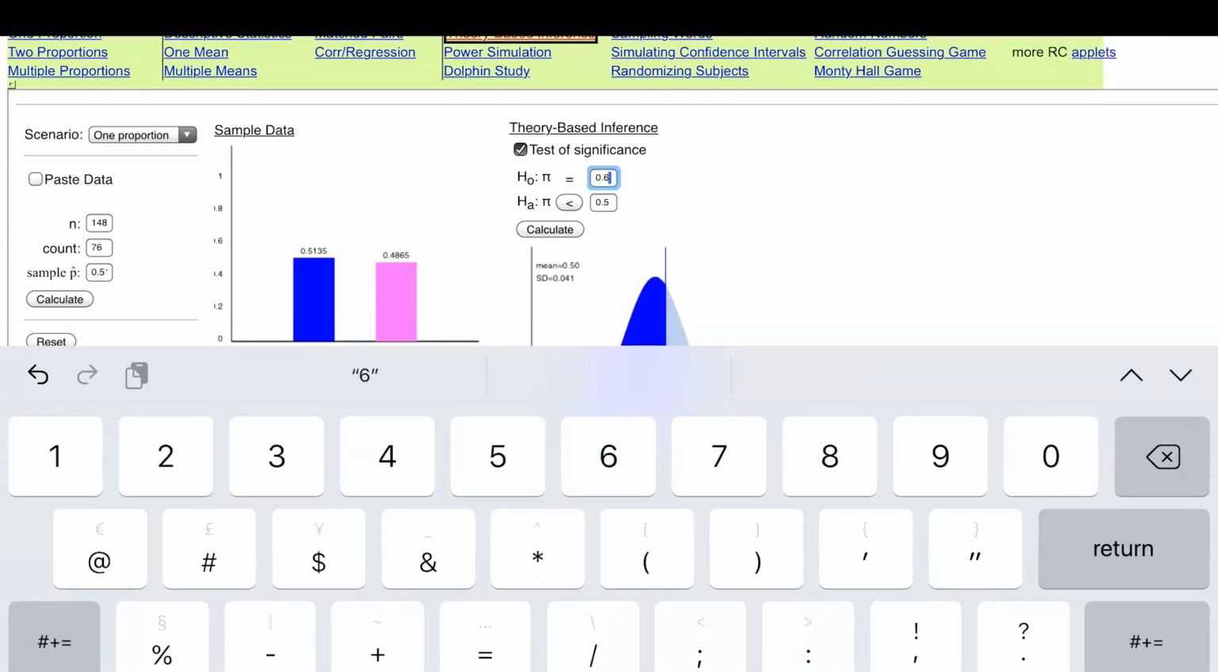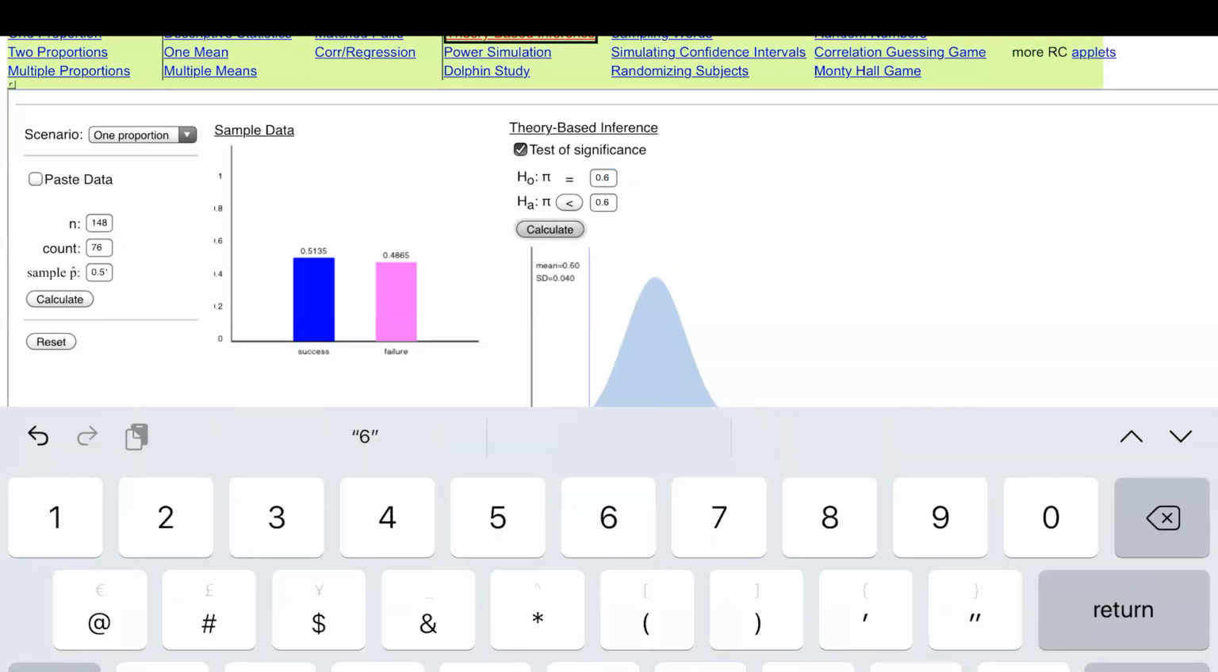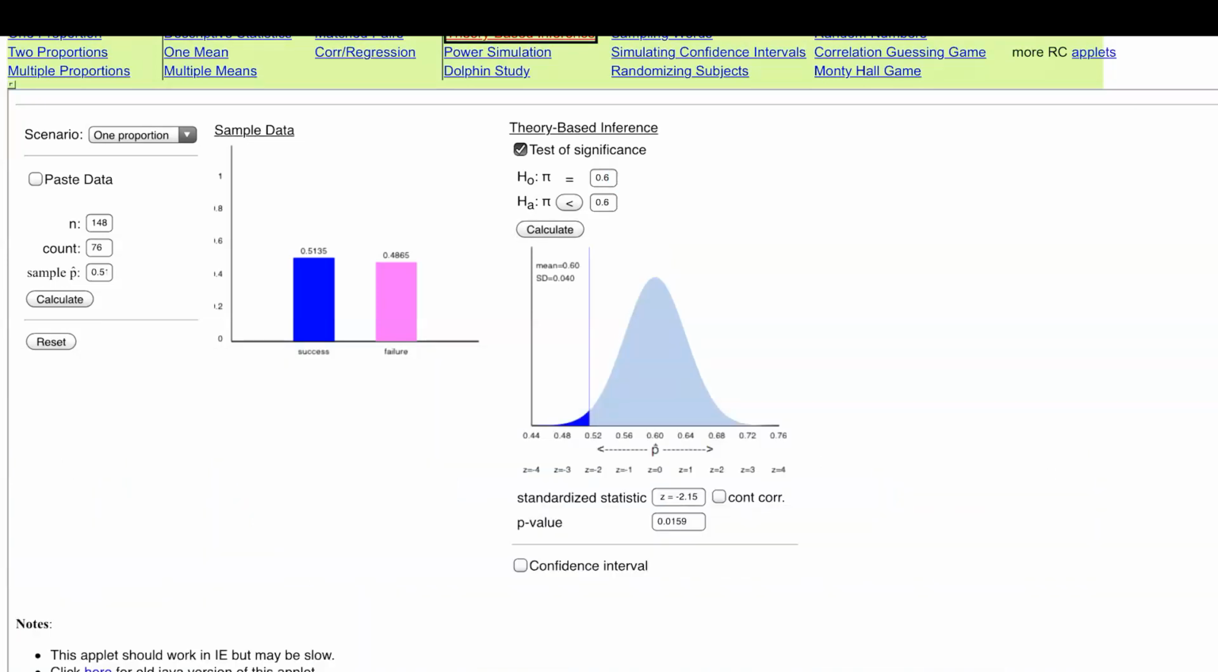We got to go into the H0 and change the value to 0.6. And when you click out of that, the other box automatically gets a 0.6 in it. So the number value in the hypotheses should be the same in H0 and HA. And then we can change the sign in the alternative hypothesis to a not equal to. So we're doing a two-sided alternative, and you notice when you hit calculate, a second part of the right-hand tail gets shaded. And so we're shading in two tails